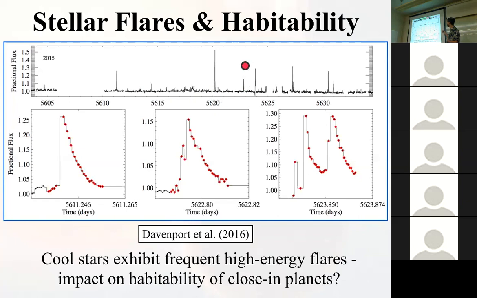So here's a light curve of Proxima b, and you can see all these spikes. All of these are flares that go off every few days, and that give off a lot of energy, a lot of higher energy radiation that then impacts the planet. The planet's really close, right, because the habitable zone is so close in. And we don't really know what that does to life. And there's a lot of literature that I won't have time to go into in detail that tries to answer this question: is it actually valuable to look for life around cool planets that are very close in around cool stars? It's a very active field of research, theoretically, and also observation.